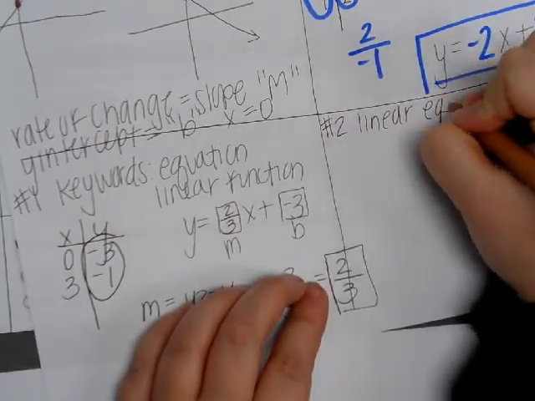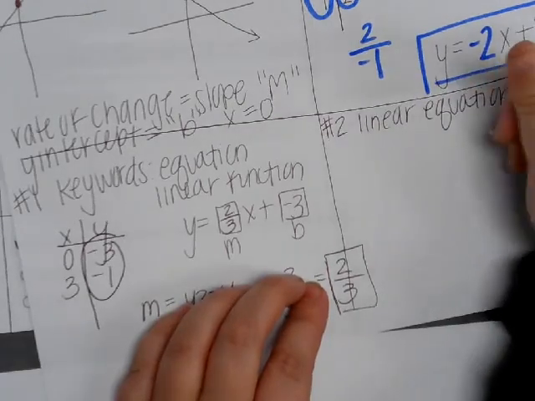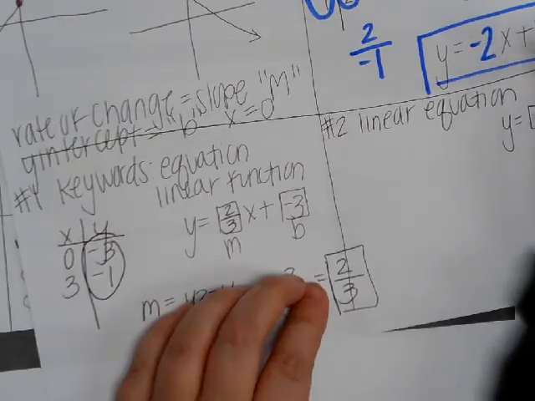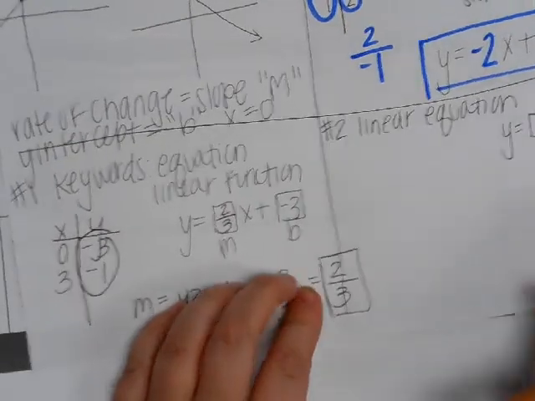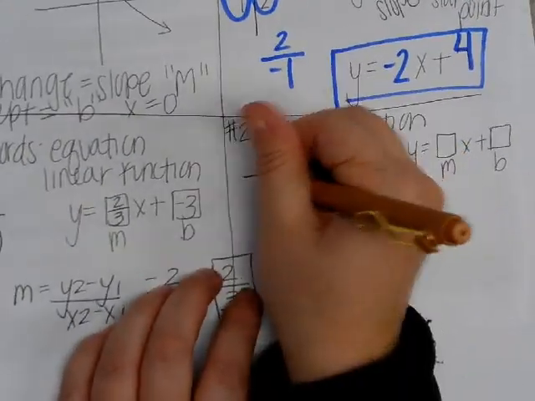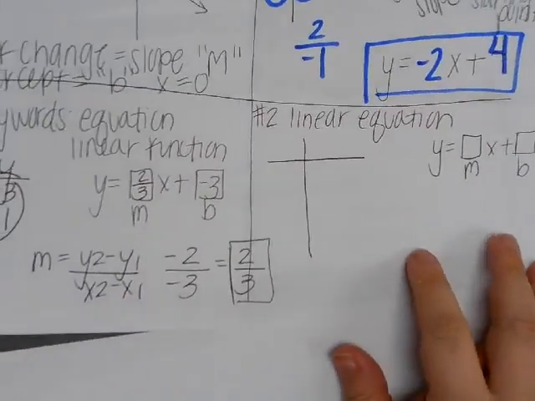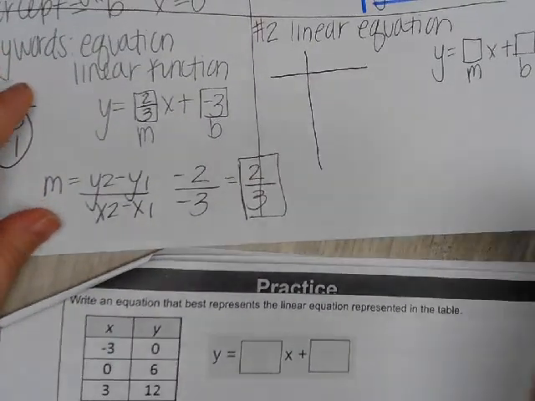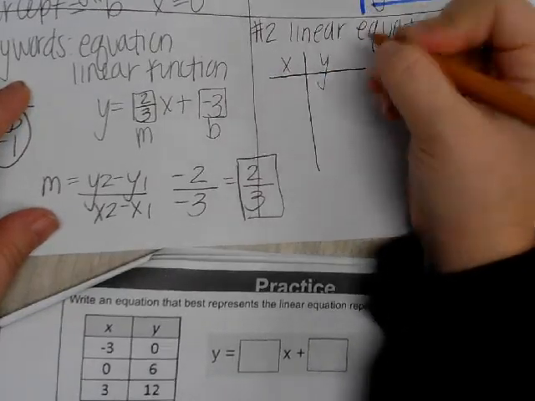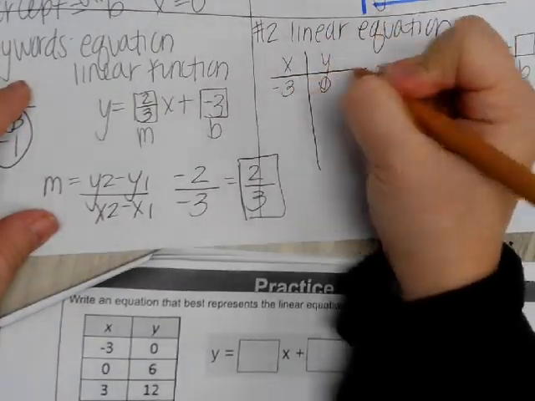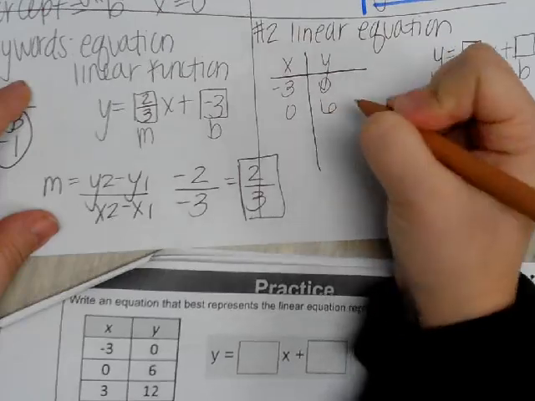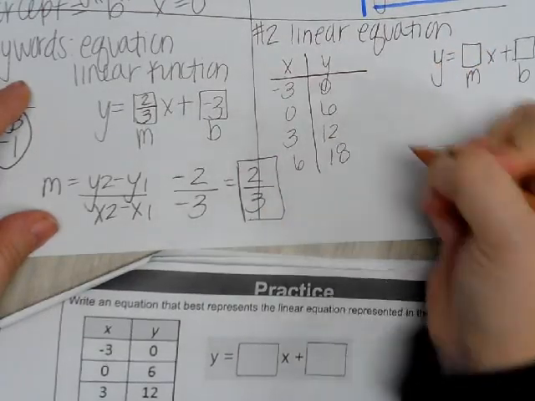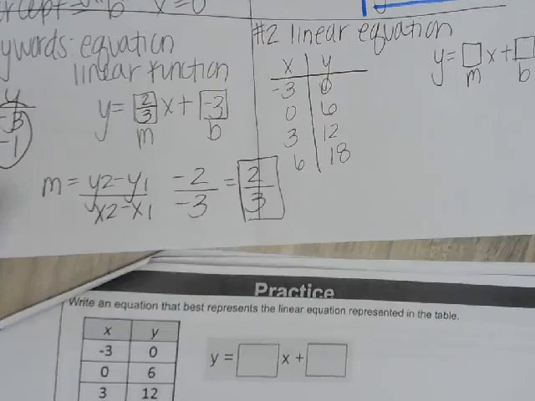So that's when I know I'm going to use y equals mx plus b. Oops, sorry. I'm going to go ahead and write my table. So there's some things that they